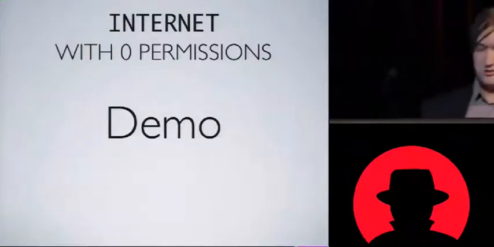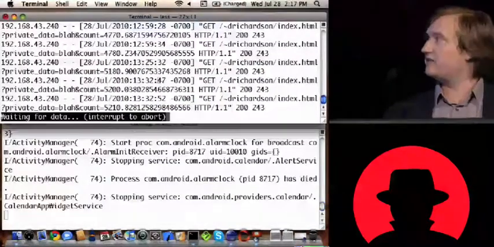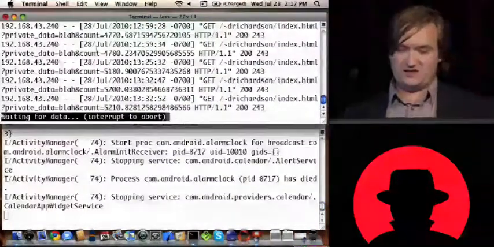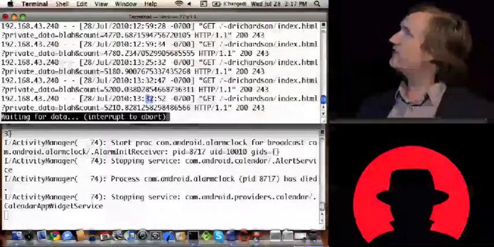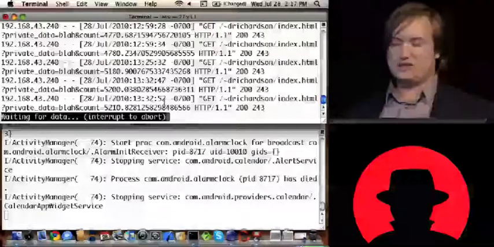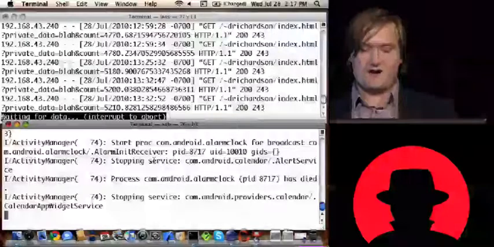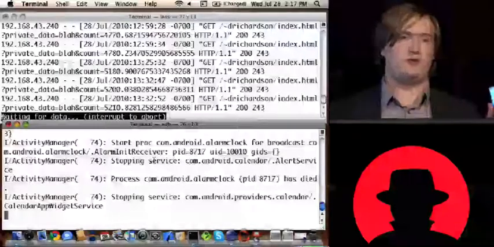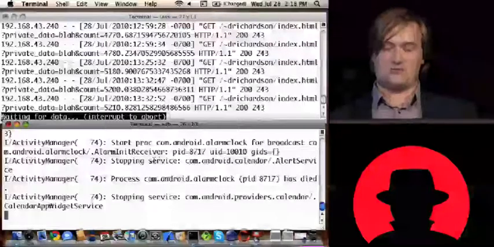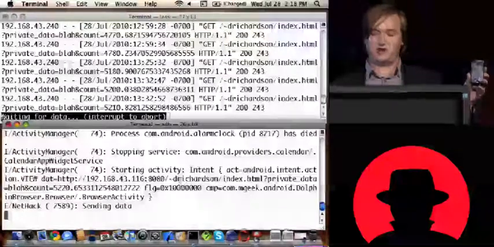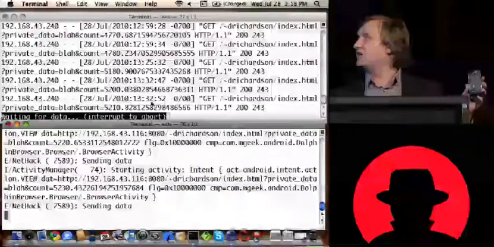So now what I would like to show you is it working in action. There's two things. On the top here, this is my Apache server logs. We can see the last thing was about an hour ago, the last hit that we got on the server. And at the bottom here is actually the logcat output on this phone here. So you can see the screen is on, and if I turn the screen off, after about 5 seconds, we should see, so it's starting an activity here, we can see that. And then up here, we should see, hopefully,